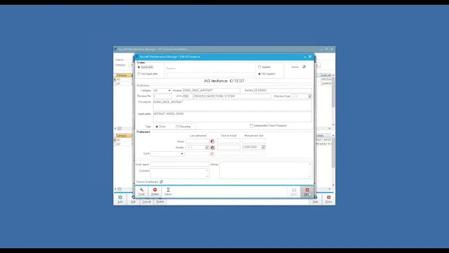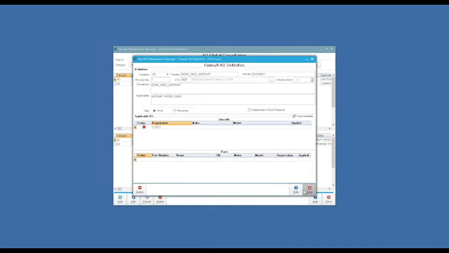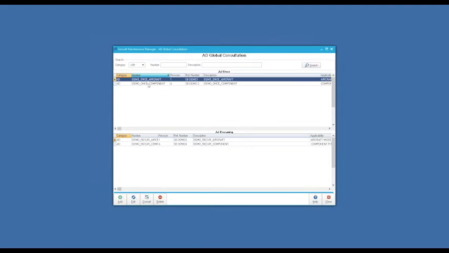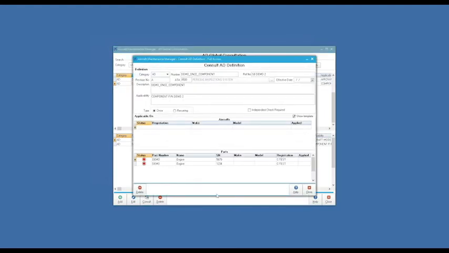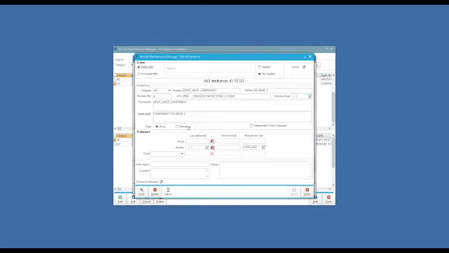So this is something I showed you about aircraft. Now, if I show you the same but for a component, for the two common components, the instances I created just before, you will see here that this AD is linked to 2 engines. In this example, it's in the same aircraft, but you could have all your engines for all your fleet, and you will be able to manage it directly from here.